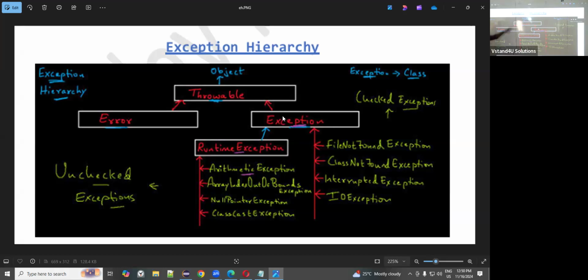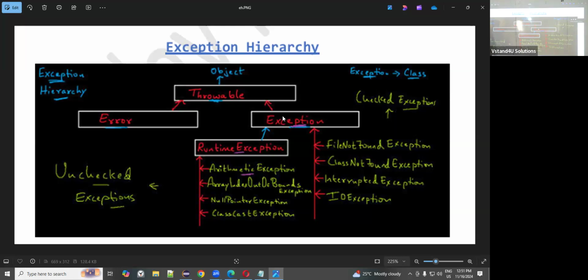Object is the supermost class in Java, and under object, throwable is the supermost class. In throwable we have two subclasses called error and exception. Object is the supermost class, throwable is the subclass of object, and throwable is the superclass for